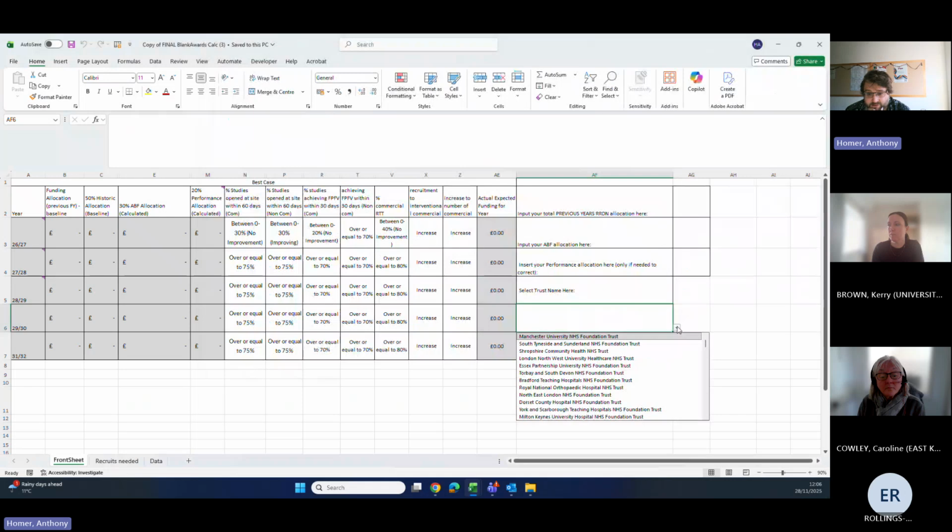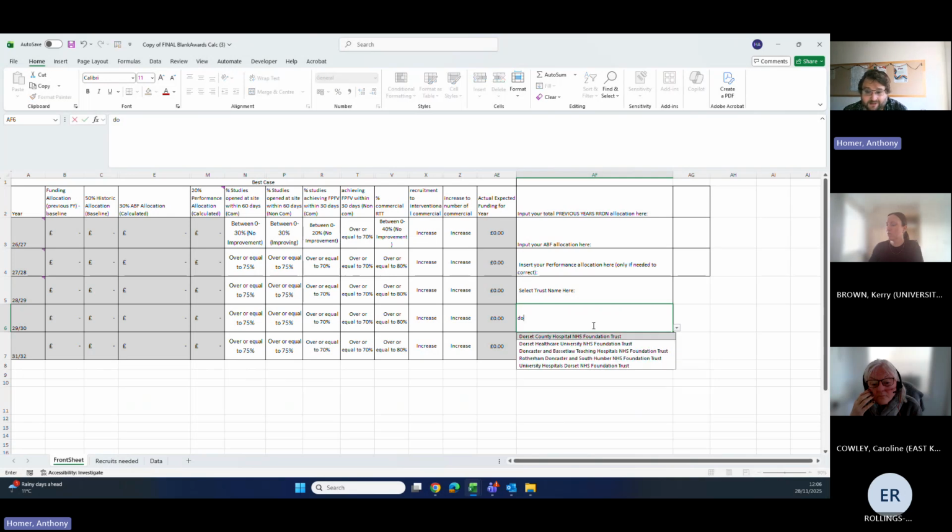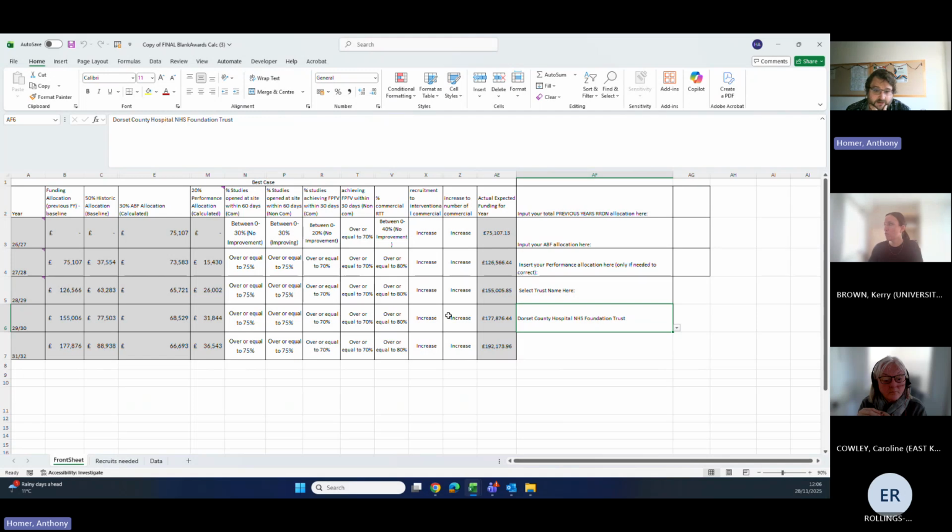If I do the drop down, I could scroll all the way through. I don't really fancy doing that. I mean, I'm just there, so that wasn't actually as hard as I make it out to be. But I can type in Dorset, and as long as I click on Dorset County Hospital, all of the rest of the data will populate, but we don't have everybody's allocations, so I just need to pop in our yearly allocation, which is